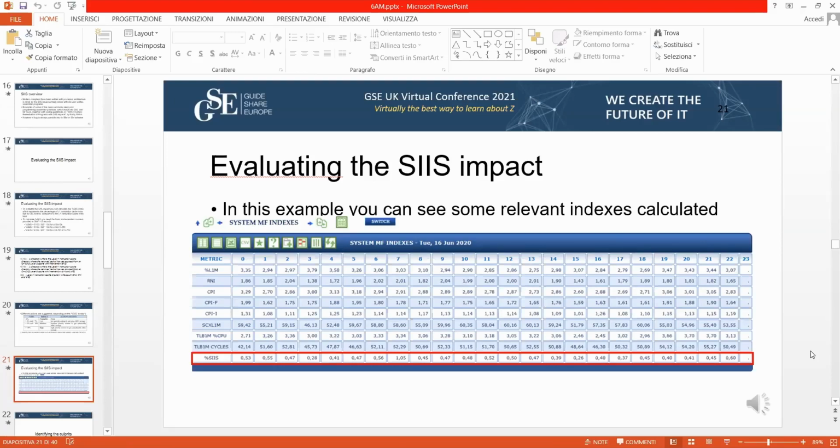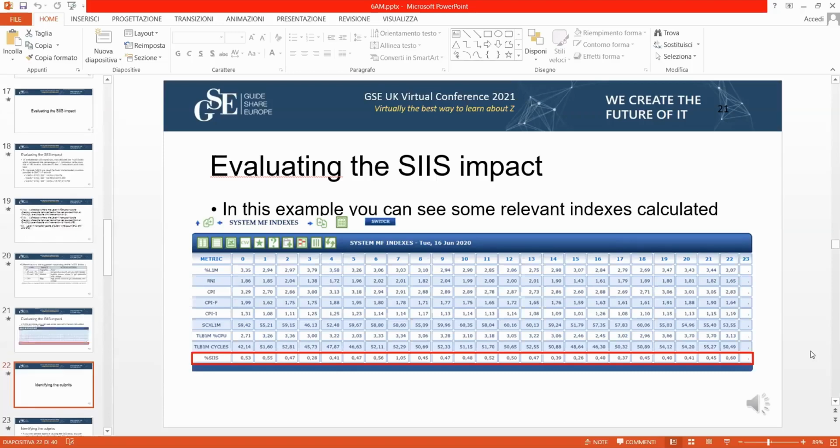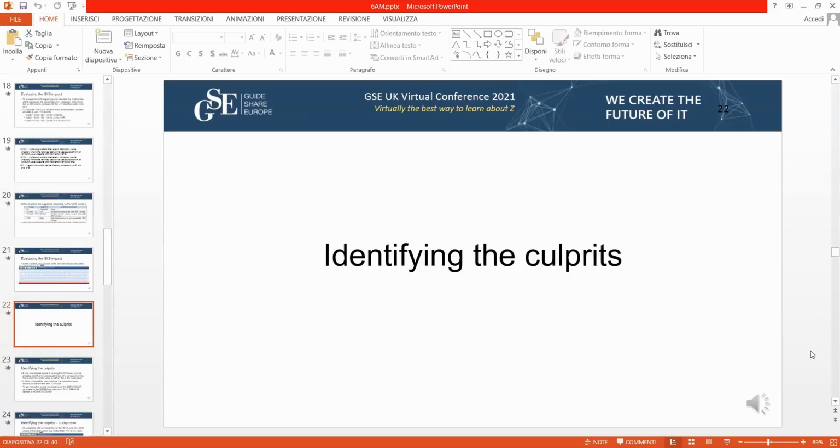You shouldn't spend too much time looking into it. But now we will go through some real examples and see some situations where the problem is there, the problem is significant, and let's see what you can do.